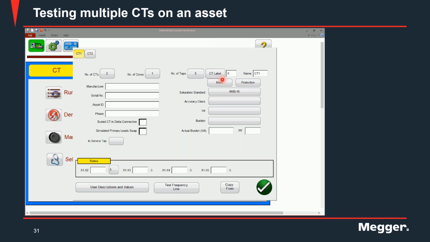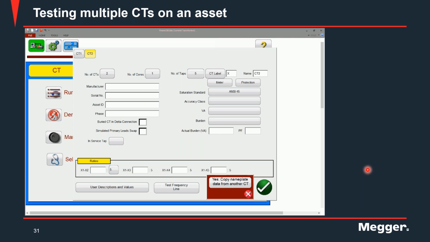I'm just going to pick the number 2 here. So you can see that 2 tabs appear there, CT1 and CT2. I'm going to start off by entering the nameplate information on CT1. Now, one good feature which is provided here is that you can copy the nameplate information from one CT to the other. Typically, when you test CTs mounted on an asset, you will see that there is more than one CT which is similar to each other, and instead of spending time entering the nameplate information for each CT, what you can do is click on that copy from option which appears on the bottom right of the screen right here. You can click on that,